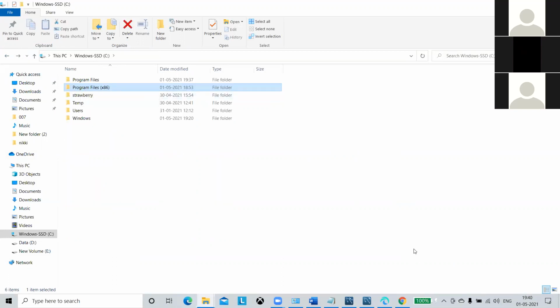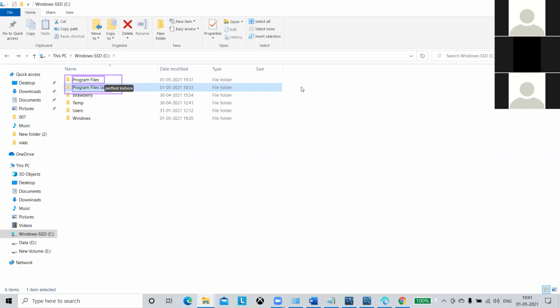So here you see you have two things, Program Files and Program Files (x86). You should know the difference between those two. All your 32-bit software will be installed in the Program Files (x86) folder, and all your 64-bit software will be installed in this folder.